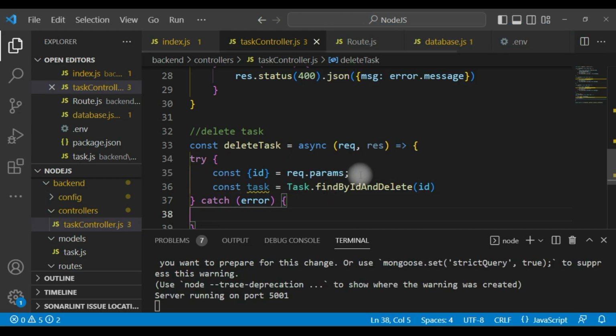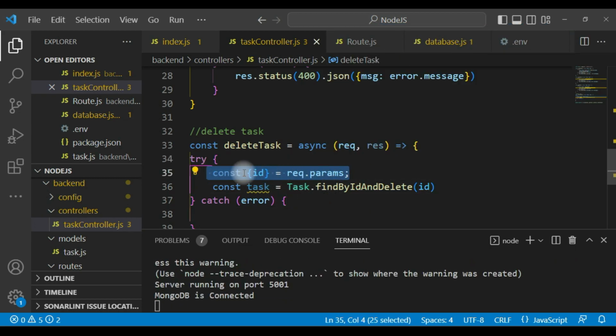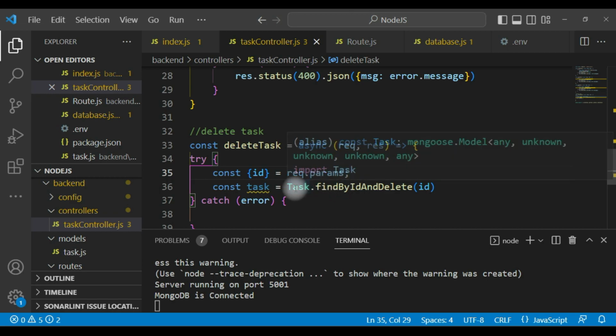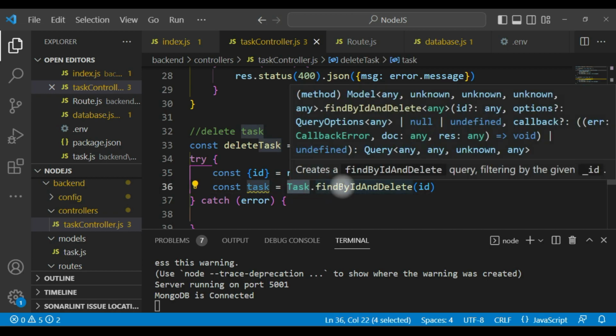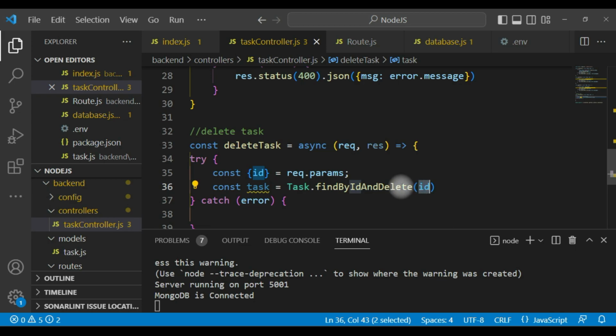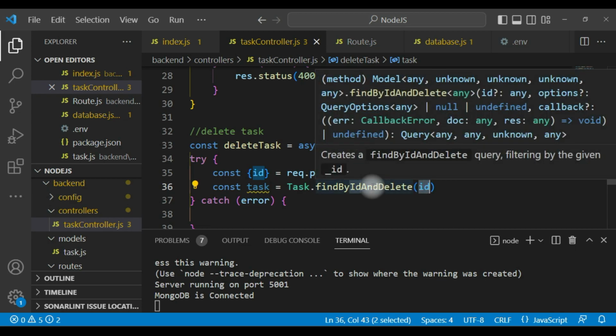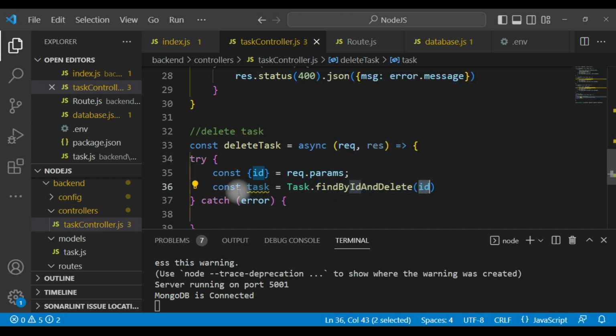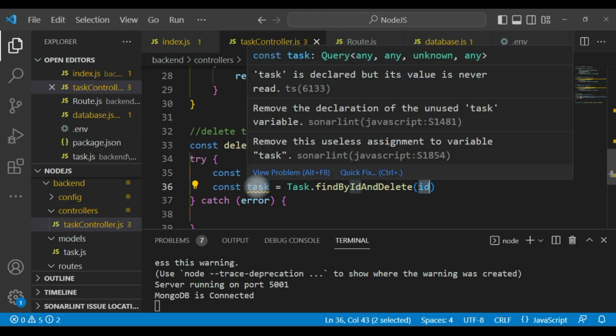So first we are getting the ID of the task from the URL path. After that, in our task model we use find by ID and delete method and we pass the ID in that method and store it in our const task